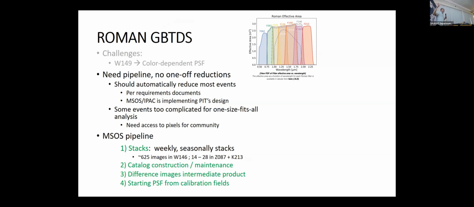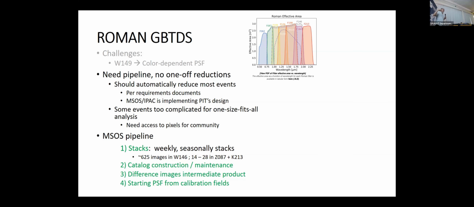One is creating stacks: create a stack weekly and then seasonally. The stars are going to move a bit during the season, so it's not trivial to construct a good seasonal stack, because stars are going to move by maybe 0.05 of a pixel, which isn't huge, but that's going to end up blurring some things. There's also the construction of the catalog. So I'll be talking about these 4 things: creating difference images to analyze events and maybe even find events,